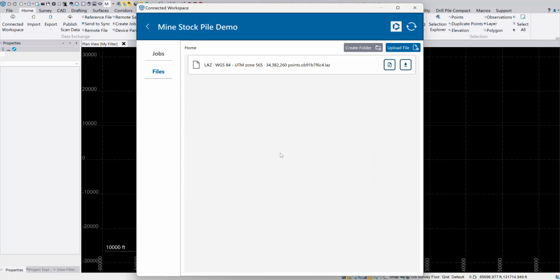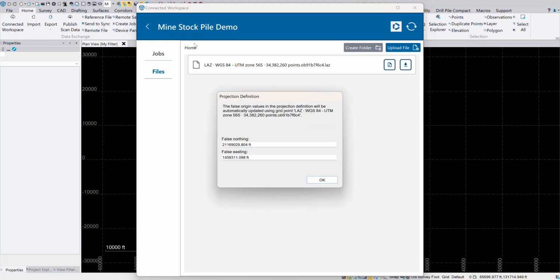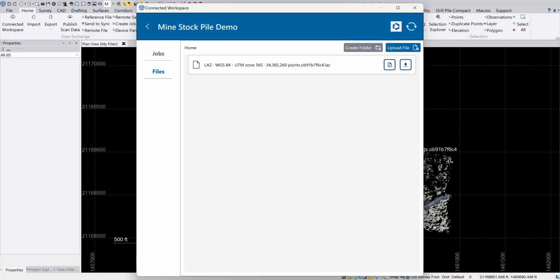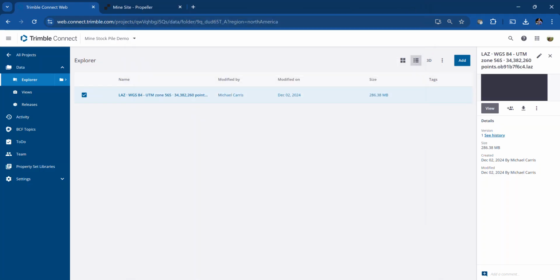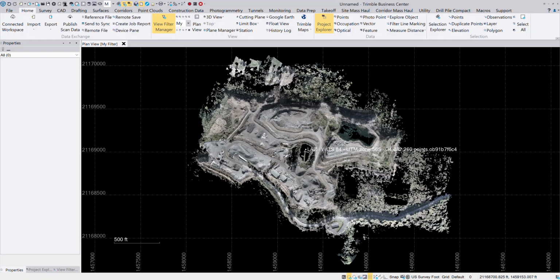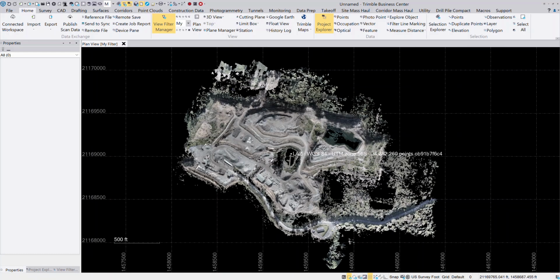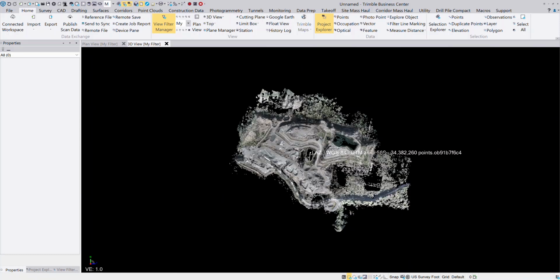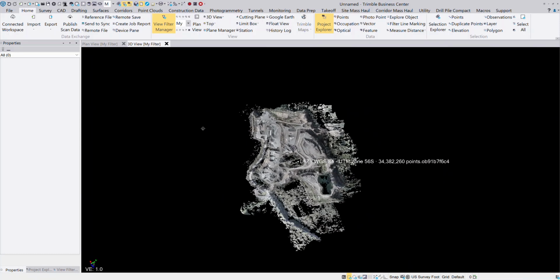Just a few more seconds. We can go ahead and close this connected workspace. We don't really need that open anymore. Well, once we get past this, it's asking us for a false northing and easting, so I'll go ahead and click OK to that. And now you can see the point clouds come in the background. I'll go ahead and close this, switch over to Trimble Business Center, and now you can see I have my point cloud. So what I can do here is add a 3D view so we can kind of pan and